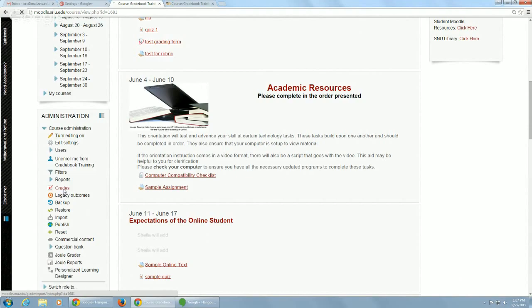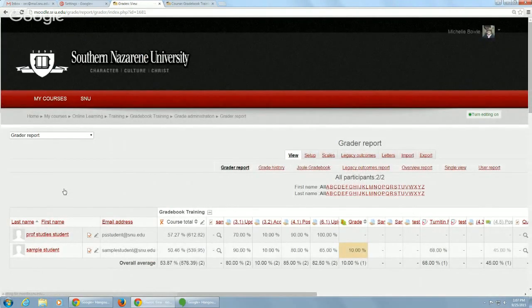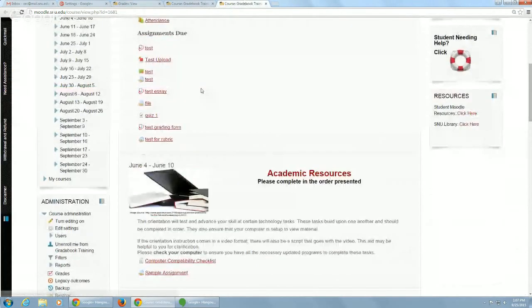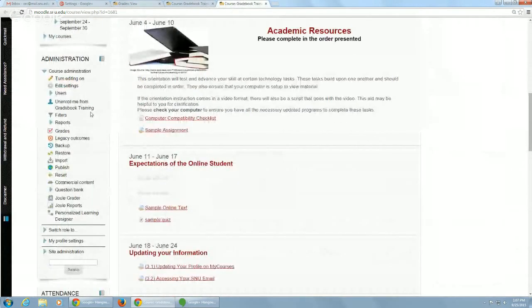If you are not using your Gradebook or you have a problem with your Gradebook, please turn it off and hide it from your students. Let me show you how to do that. I always have students in my class who have a faculty member who's not using the Gradebook, and yet they'll still click on it every day hoping grades magically appear. So if you don't use the Gradebook or you're having a problem and it's something big that we're working on, go into the Edit Settings page